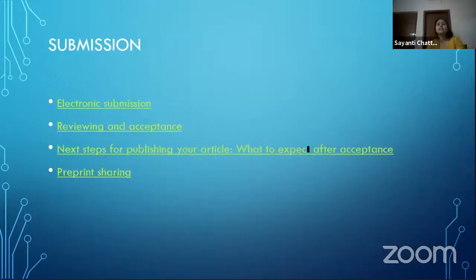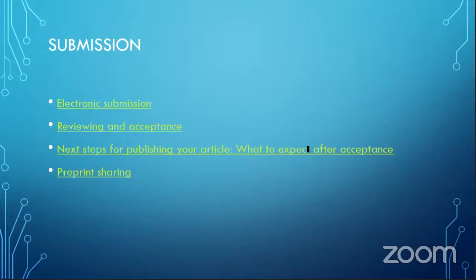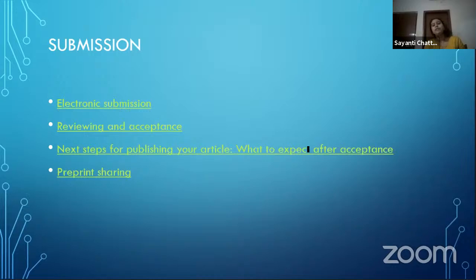And what are the steps of submission? First, you submit your paper. After reviewing, it may go through 2 or 3 rounds of review. It may come back from the editorial also. Second, there may be 1 or 2 major or minor revisions. And after revision, there should be the acceptance. After acceptance, they will give it for the